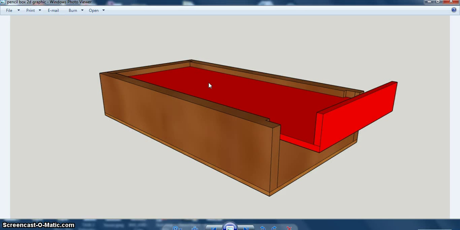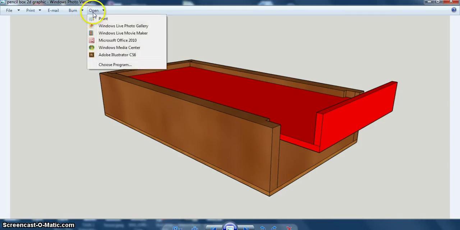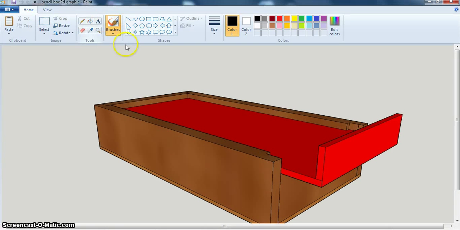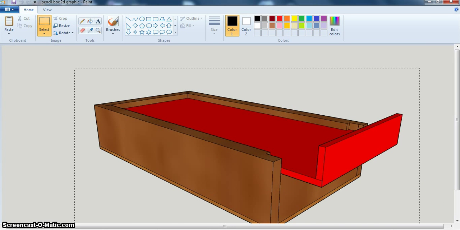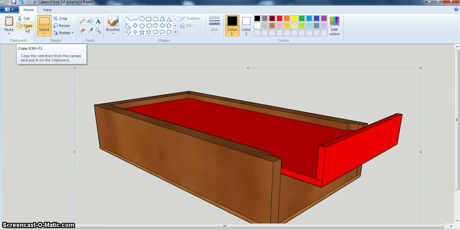Now, it seems that you have to take this through Paint. Sometimes it works, sometimes it doesn't. So I'm going to go Open, Paint. Just take that through Paint and then select. So you just want to select the extremities there, take it down, so you get all of that in, and then that'll open up the copy. So I'm going to go copy,